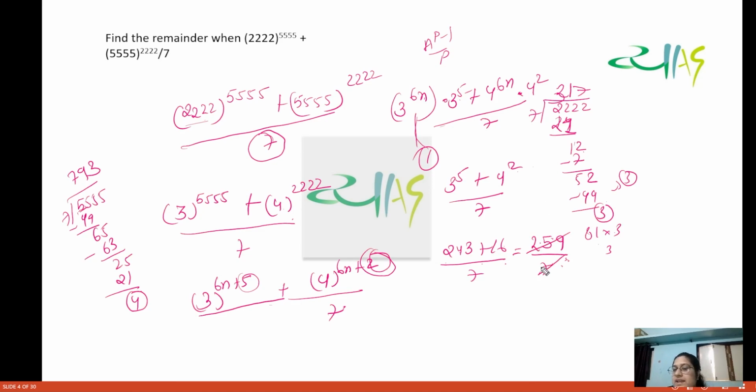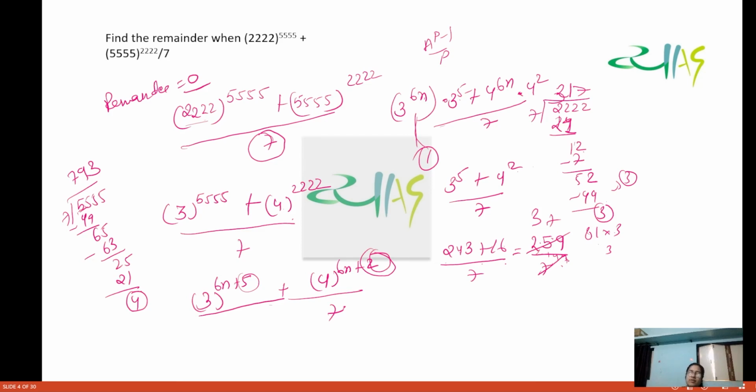So basically 7 threes are 21. All right. And you have 49 left. So 7 sevens are 49. So basically your remainder is 0 here. This expression is completely divisible by 7. Because this question is a little bit on the lengthier side,